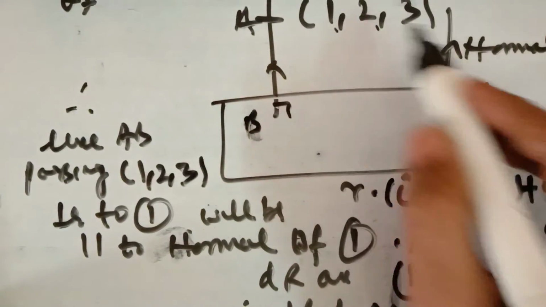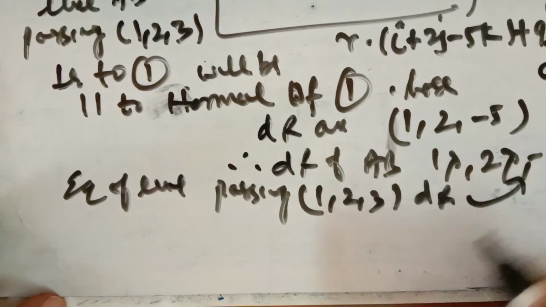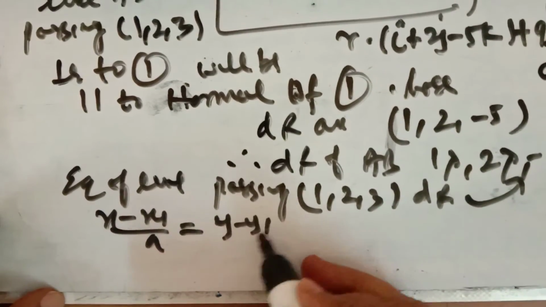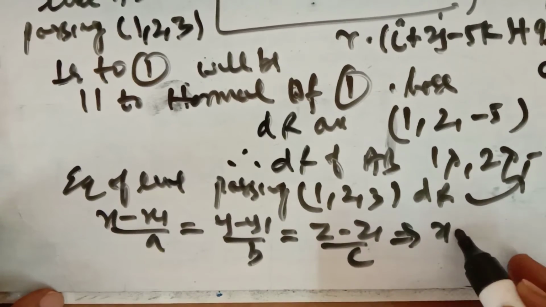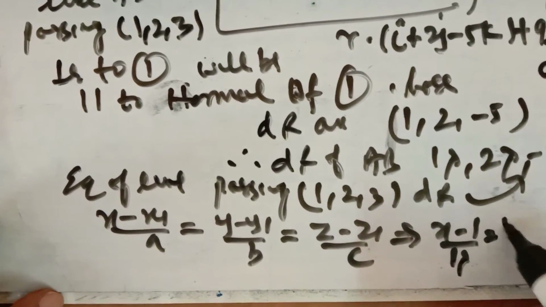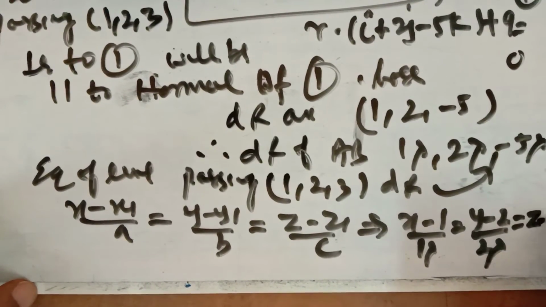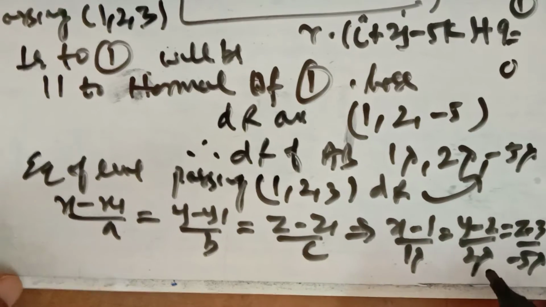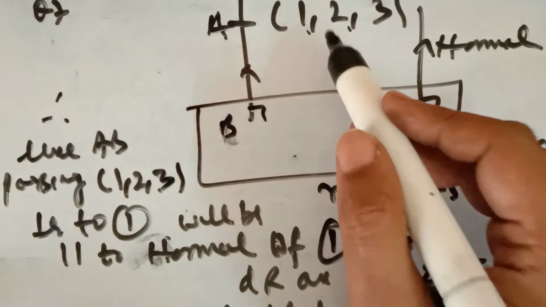It is passing through 1, 2, 3 and the direction ratios we have. So what happens? (x minus x1)/a = (y minus y1)/b = (z minus z1)/c, which is equal to (x minus 1)/(1 lambda) = (y minus 2)/(2 lambda) = (z minus 3)/(minus 5 lambda). In the next step, multiply everything by lambda, so (x minus 1)/1 = (y minus 2)/2 = (z minus 3)/(minus 5) is the equation of the line which is passing through this point and perpendicular